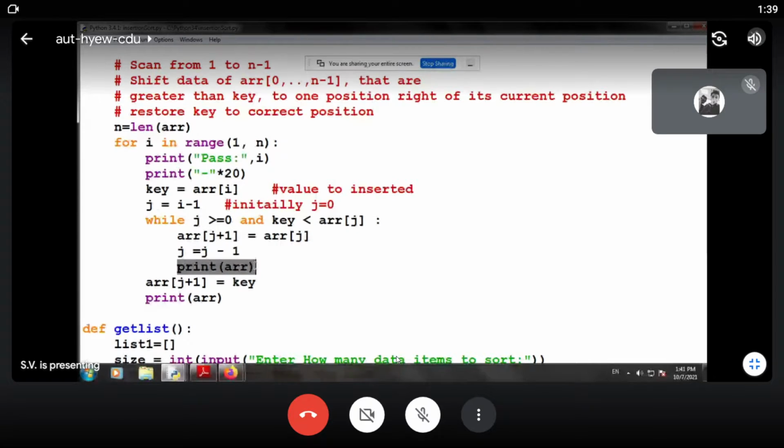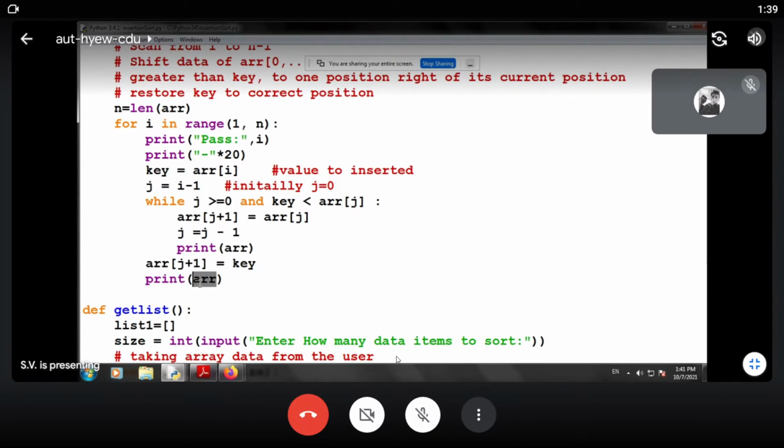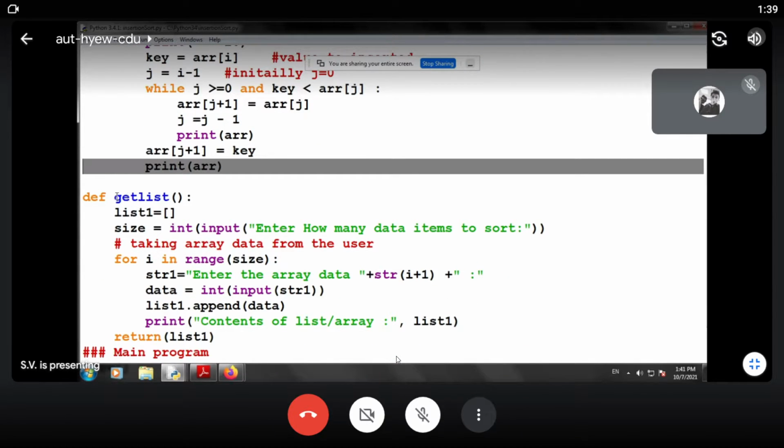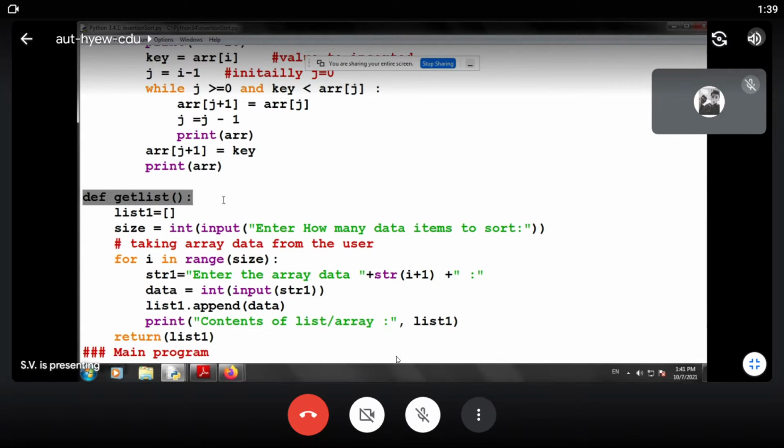Next, array of j plus 1 will be the key. So the key will be inserted at its original position, and we will print the array again after insertion. Now this getList function is simply appending contents to the array.